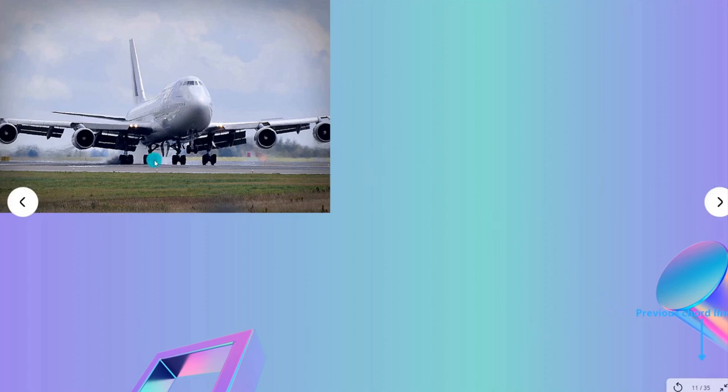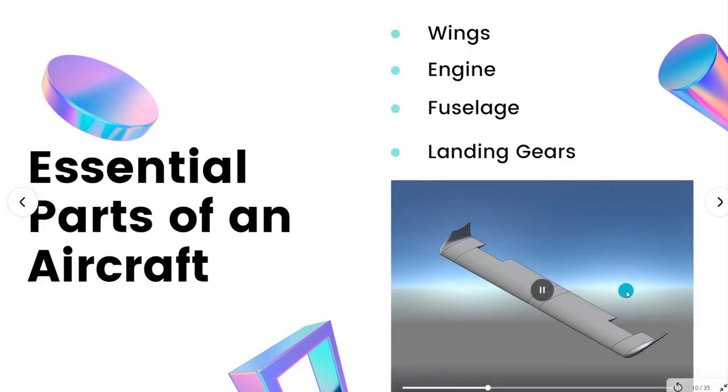So for that we use high lift devices that are called flaps. Flaps are present near the fuselage. As you can see here, they will be present near the fuselage and wing. On the wing there will be a cutout portion like this one here. You can see this kind of cutout portion will be present, near the fuselage. So on the cutout portion we will have our flap.